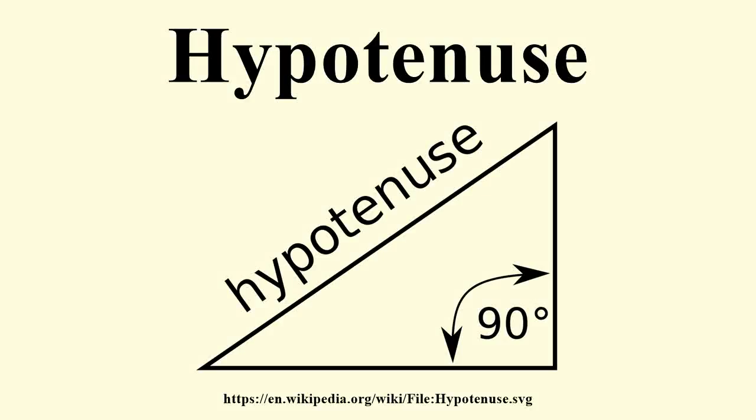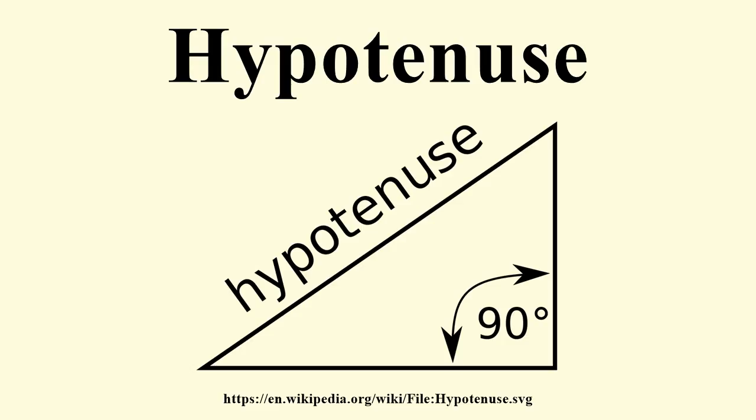In geometry, a hypotenuse is the longest side of a right-angled triangle, the side opposite of the right angle. The length of the hypotenuse of a right triangle can be found using the Pythagorean theorem, which states that the square of the length of the hypotenuse equals the sum of the squares of the lengths of the other two